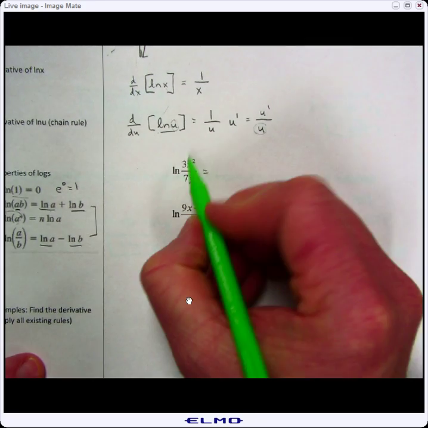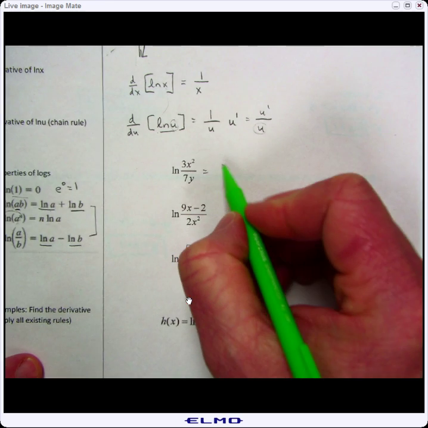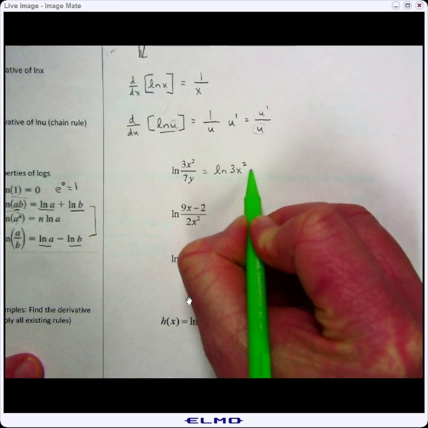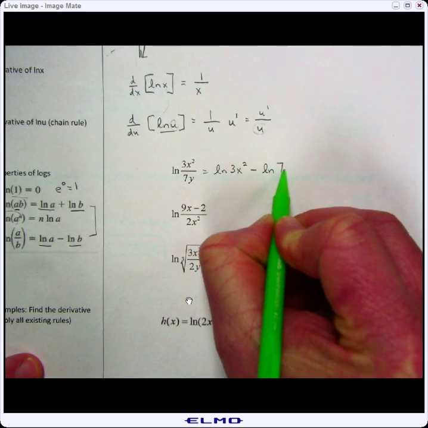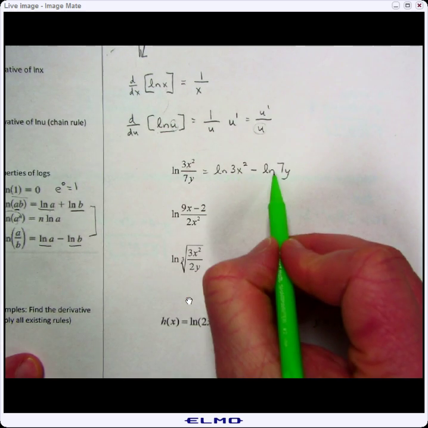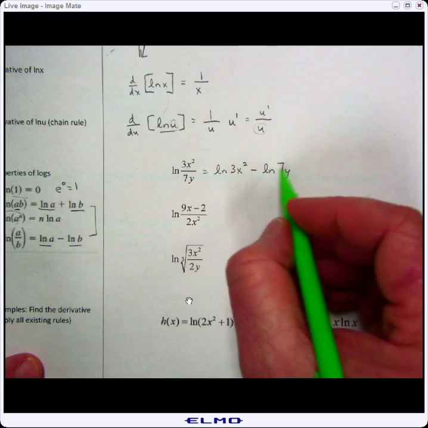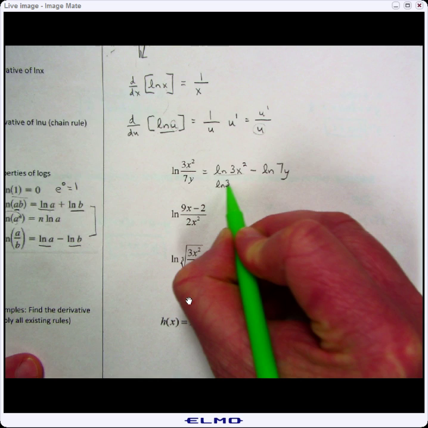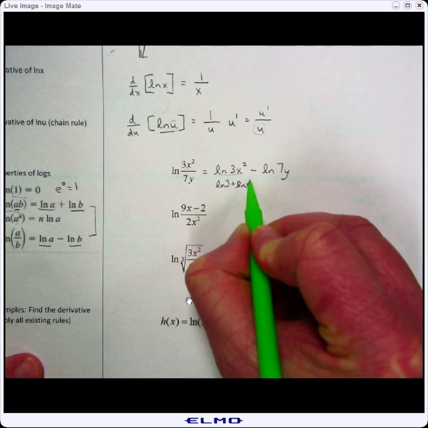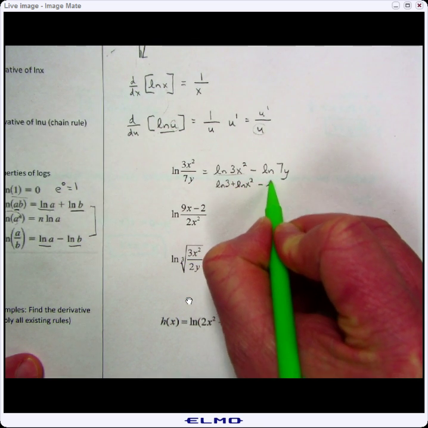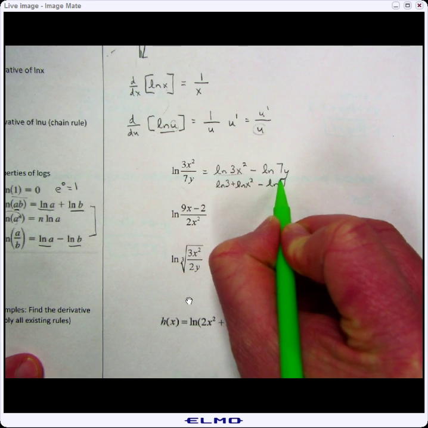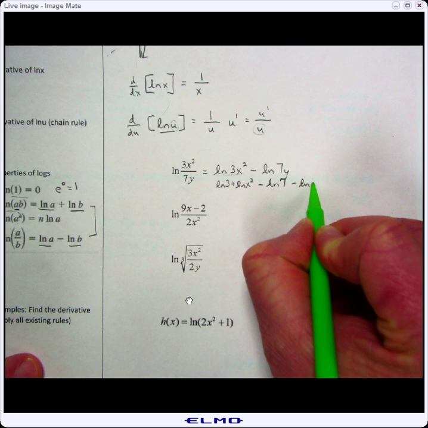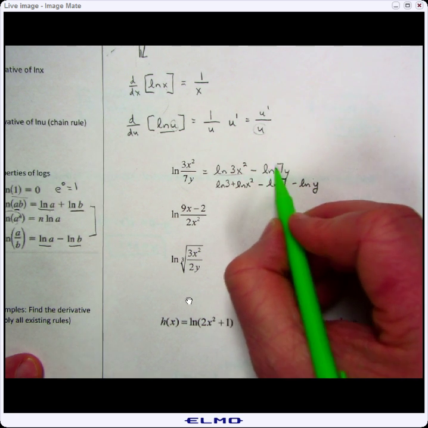So for this one, I'll show you how to split this up. Start out by using the difference rule. So we split up the fraction, and then I can split this up into natural log of 3 plus the natural log of x squared. I can split this one up into natural log of 7 minus natural log of y. And you might wonder why there's a minus there. Well, it was minus this whole quantity